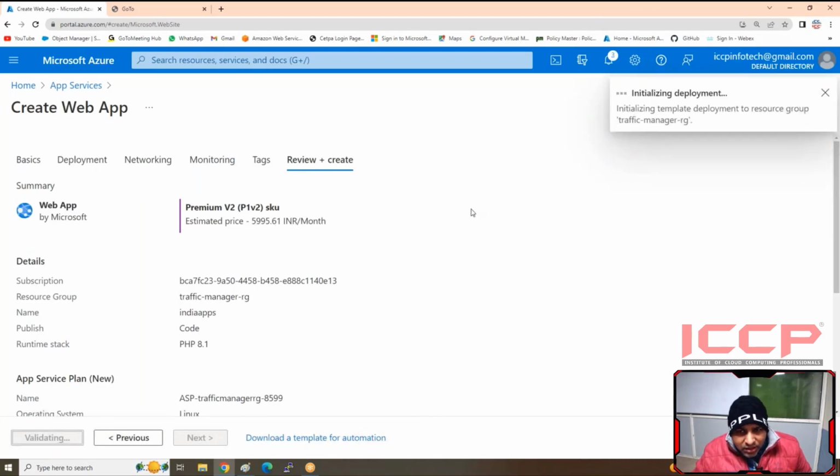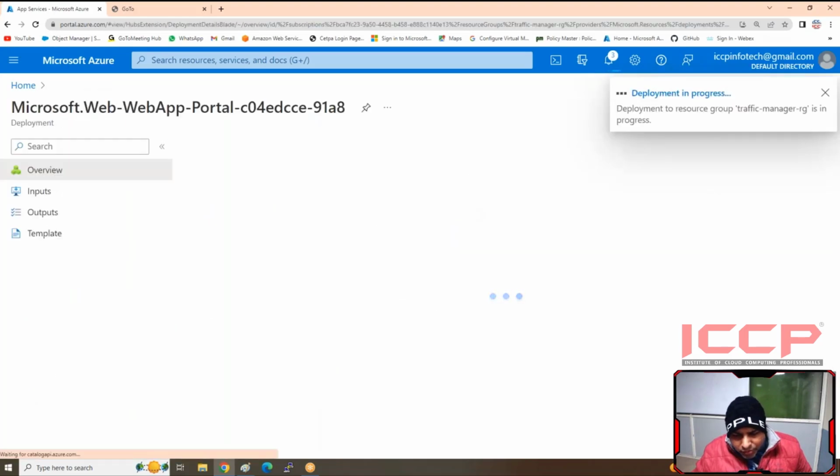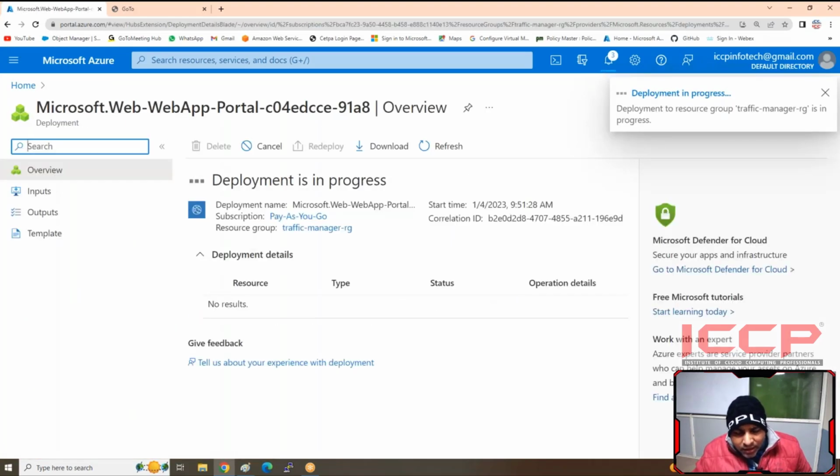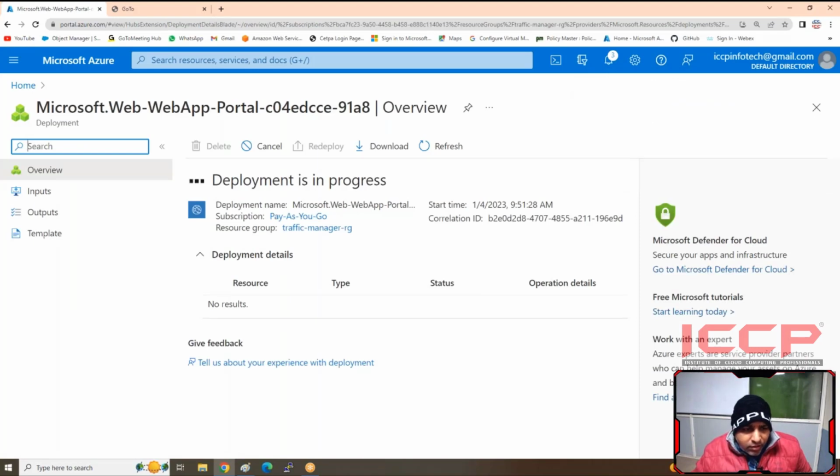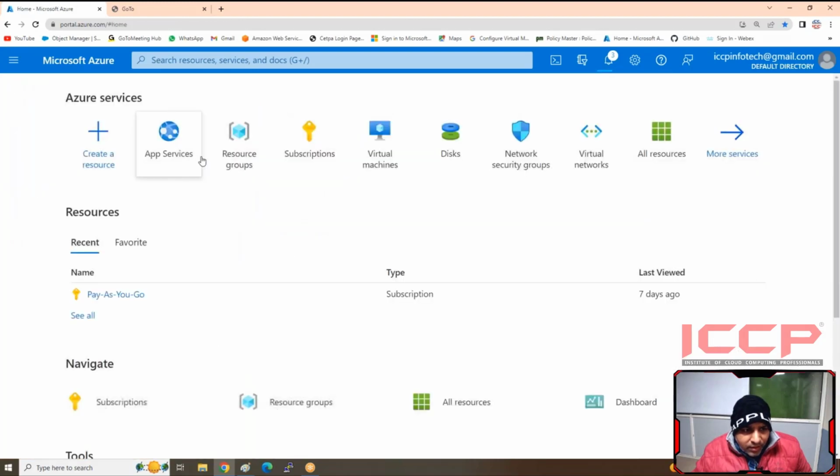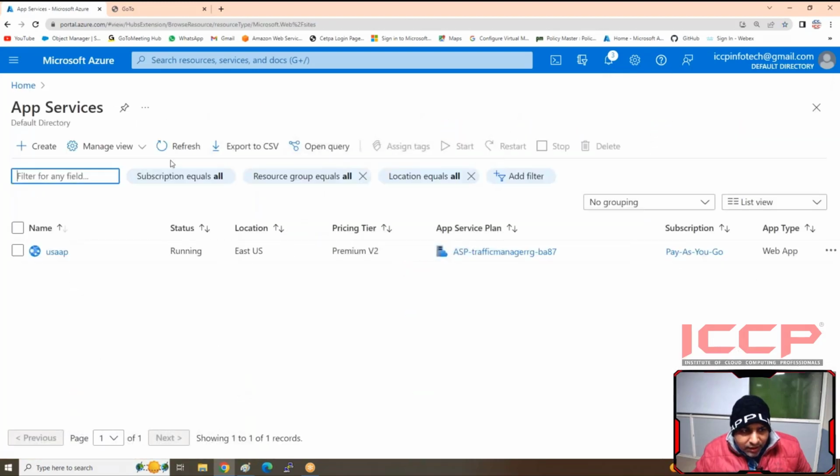After that I'm uploading a website. In both traffic manager app services I'm uploading two different websites. Suppose the US uses one website and India uses a different website, because if I apply the same website, you will not understand easily. So that's why I'm uploading two different websites, so that you can know to which particular location the traffic manager is redirecting my traffic. So now I come to the home, click on app services, and inside the app services